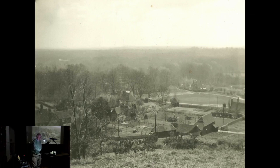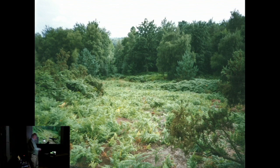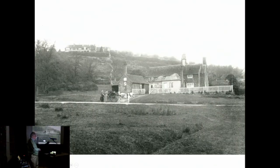Things were very different before the Great War. This photo dates from 1906. The shop is recognizable, but there are far fewer trees. You can see the top of Merville Hill. The ditch in the foreground is still there, but trees have taken the place of rough pasture to the left